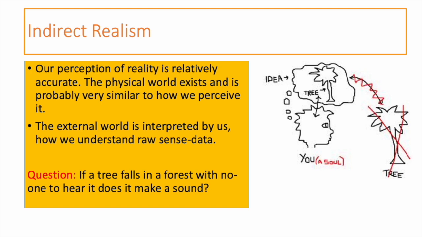In other words, appearances and reality are identical. Indirect realism, on the other hand, has it that there is a disconnect between the external world and our perceptions of it. Yet importantly, the external world does indeed exist and is a fundamental cause of the sense experiences we have. The advantage of indirect realism is that it accounts for the variations in perception, allowing for the influence of the mind in interpreting our raw sense data.